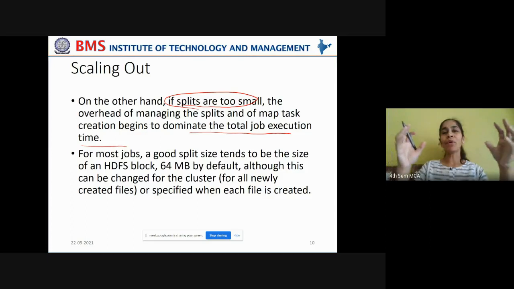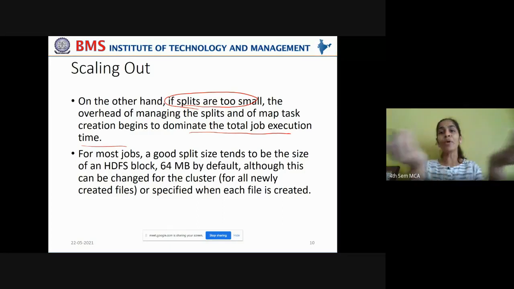Now, if you keep on reducing the size of the splits too much in order to achieve load balancing, then the overhead of managing these many splits and the corresponding map task creations for those splits will start dominating the total job execution time.